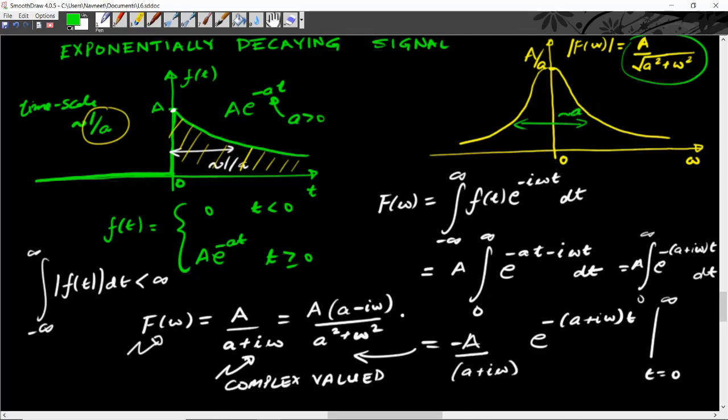Because let's say we want the full width at half max, that means the width of this function so that this function has